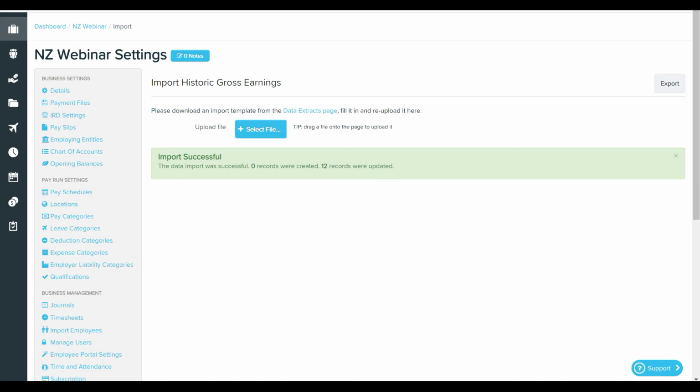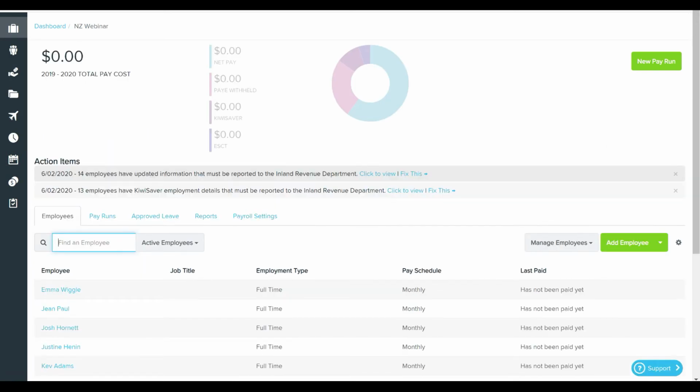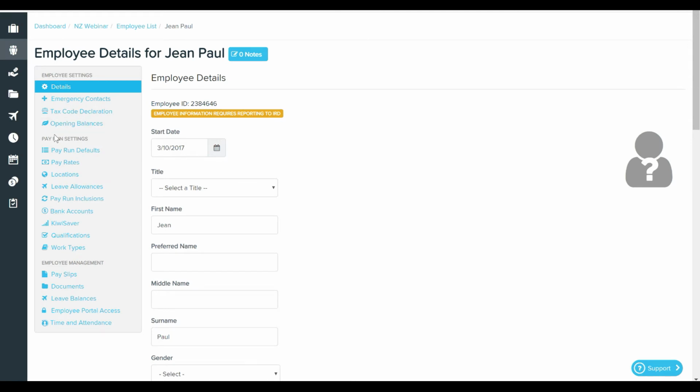Once the file has been imported, a status summary will be displayed. Now I will show you the leave pay rate settings. So if you go back to your main dashboard, and select an employee, down to the pay rate settings,